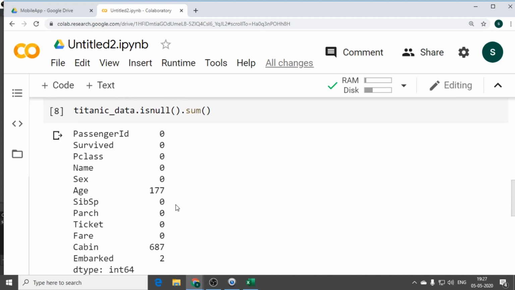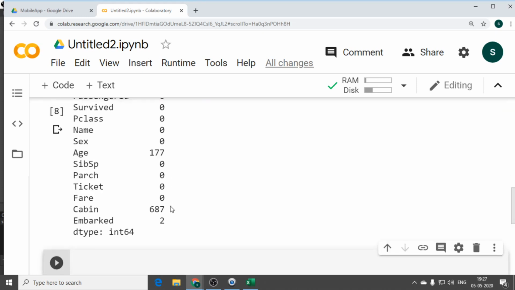Yes, it is going very smoothly. Some people are unable to repeat the same thing. Please try to follow, because our data should be clean. It is something like if you are learning half of things, you will fail in the exam, right? In the same way, we need to have very clean data. That is the reason I am checking null values. So let's go for the data cleansing process.